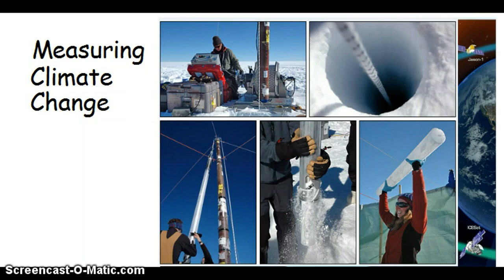Today we're going to talk about how we measure Earth's climate and what we're seeing about what's happening to our climate. To measure the climate, they use two different main methods. First one is with ice cores. They go into the Arctic and the Antarctica and they take out cores of ice,